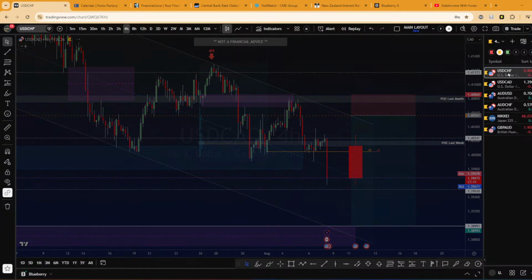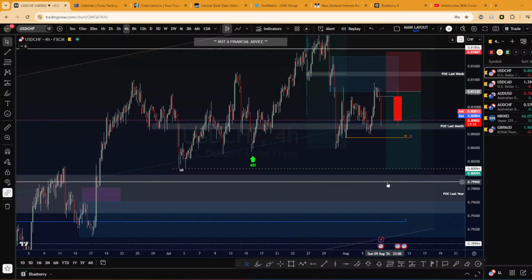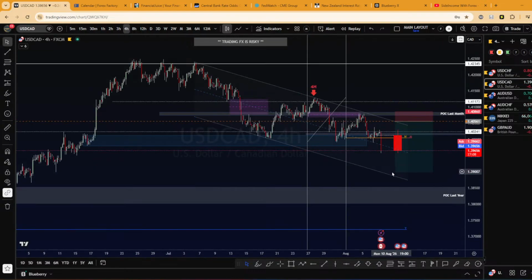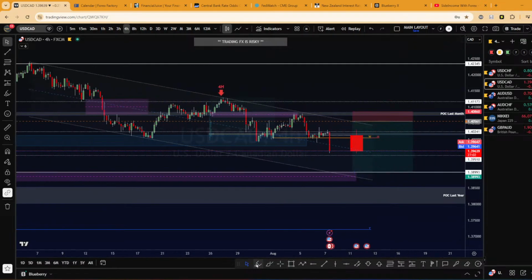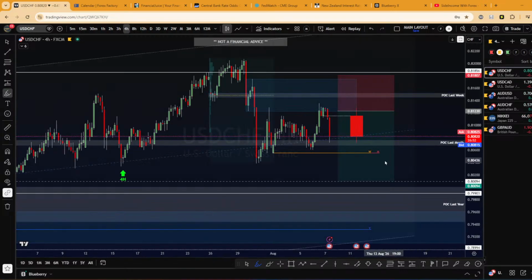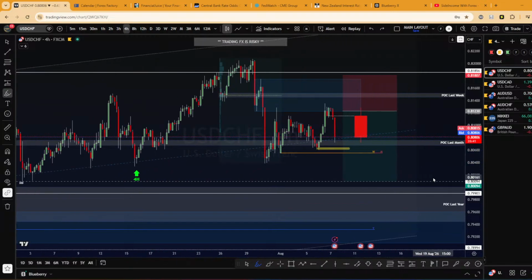So I think on USDCHF we have more room to target, compared to the USDCAD. On USDCAD we pretty much reached it, and if not, we could see some sort of retrace and maybe I will get in this trade, but I think I will focus more on USDCHF. I think we are going to break this to target at least this level right there. So yeah, I will be focused.